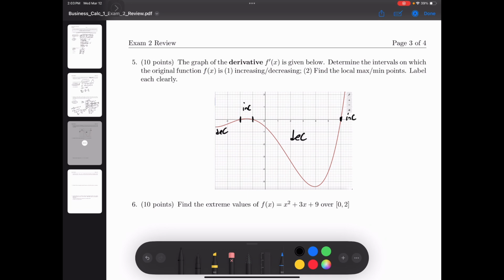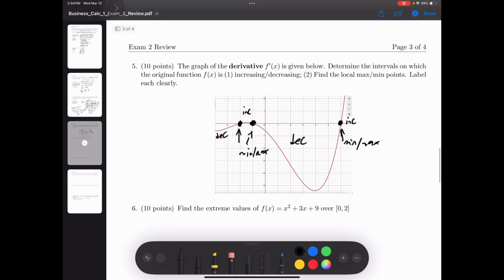Number 2 says to find the local mins and maxes. Now, this is a little bit of a tough one because remember, we have the derivative here. This is not the function, this is the derivative. And so the local mins and maxes of f are actually going to be this negative 2, this negative 1, and this 6. This is going to be a min or max. This is going to be a min or max, and so is this. And in fact, if we wanted to really be specific, we could even tell whether it's a min or a